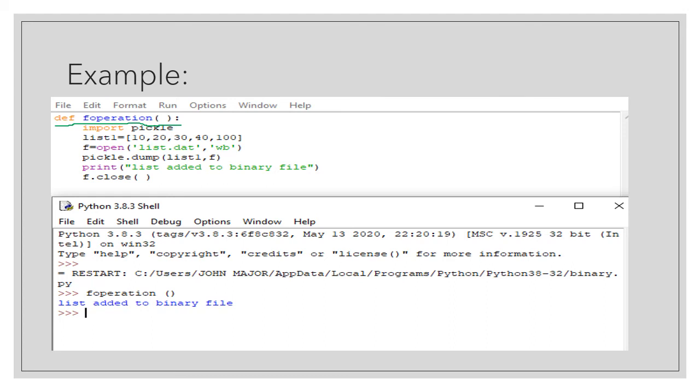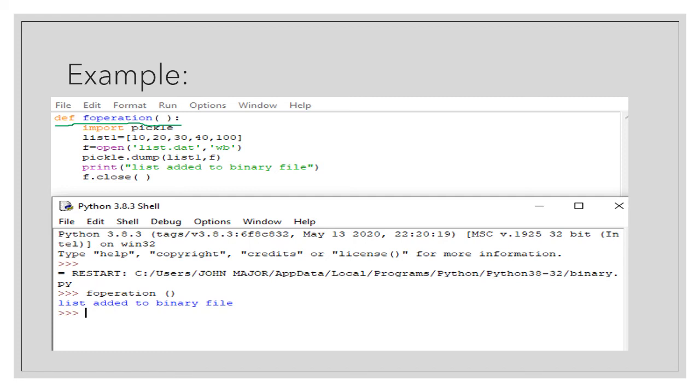Okay, now we are importing pickle from the Python library. After importing, list one, I am going to have 5 elements: 10, 20, 30, 40 and 100. Then now I am going to open list.dat, that's a data file. Dot dat is a data file or binary file.